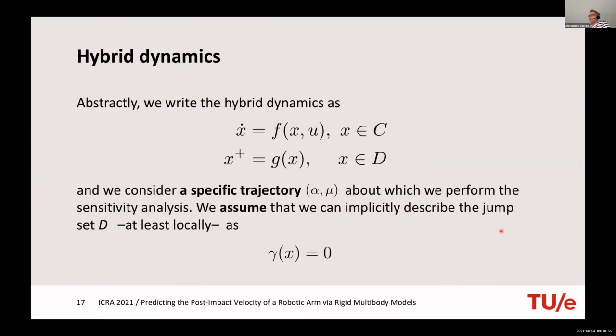So now, like I was saying, the dynamics, you can think of it as the robot is moving in free motion, then an impact occurs because the robot touches the surface, and then the state is reset. And the condition for when this reset happens is whenever you touch the surface. So you imagine that there's a function, maybe gamma here, at least theoretically, that describes the distance between the robot and the surface, and at the moment of making contact, that function is 0.